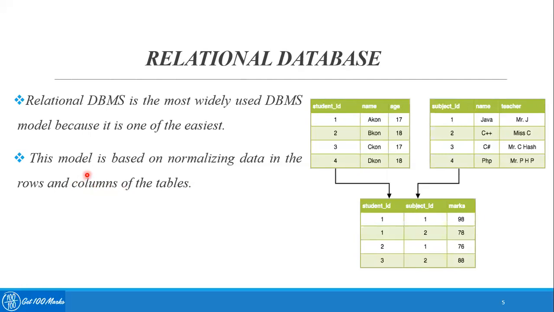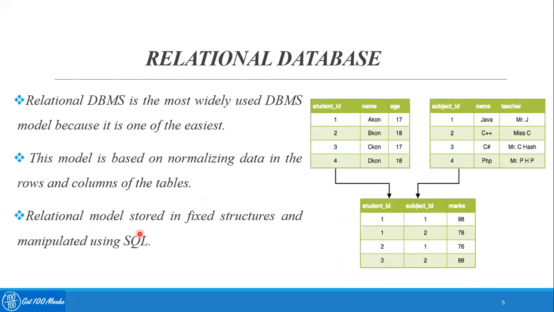So this keeps on going. We have different normalization forms, we have base form, creation of foreign key. All this is created so that the table formulation will be there in the database, so that retrieving becomes easy when a query is passed related to any of the respective identity which is given for the data. The relational database model is stored in fixed structures and manipulated using SQL. So SQL is the programming language which is used for giving a query to the relational database model for storing, retrieving, or manipulating the data.